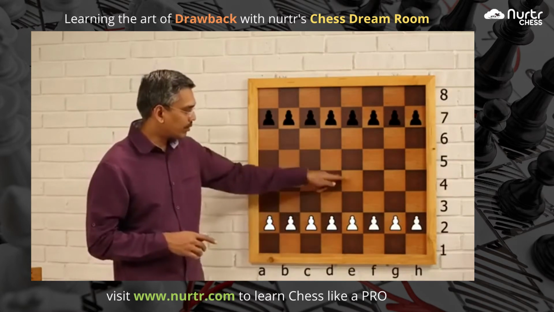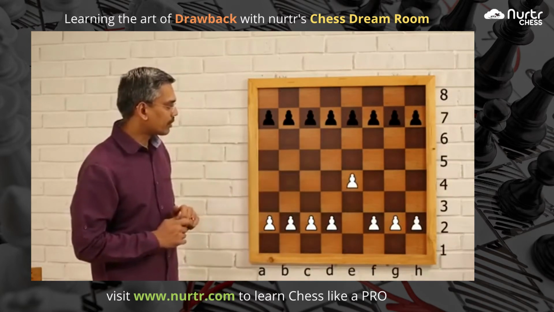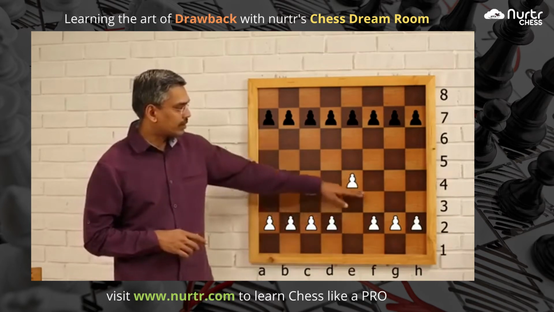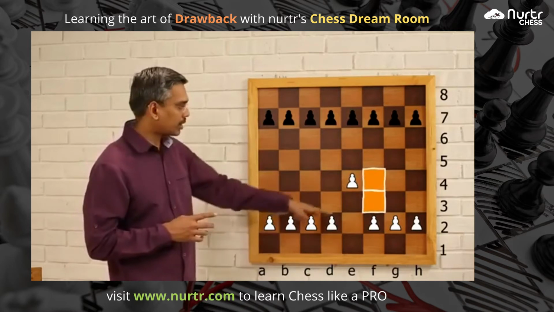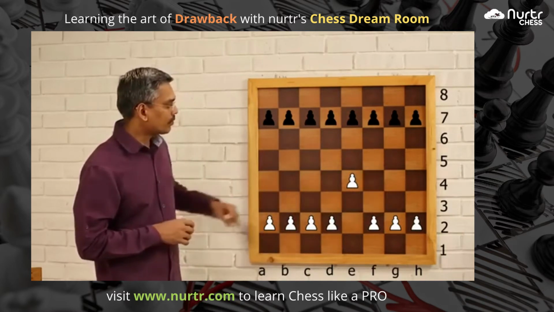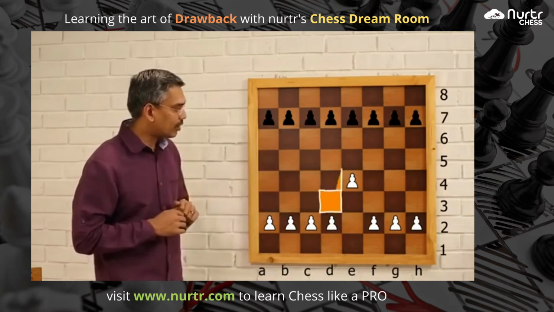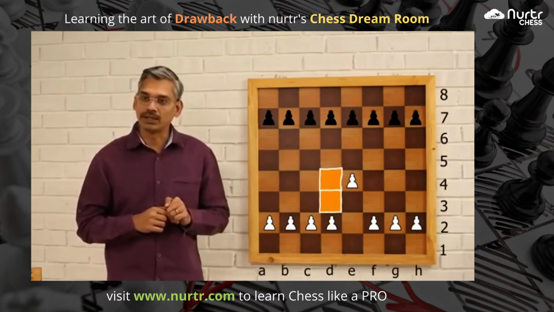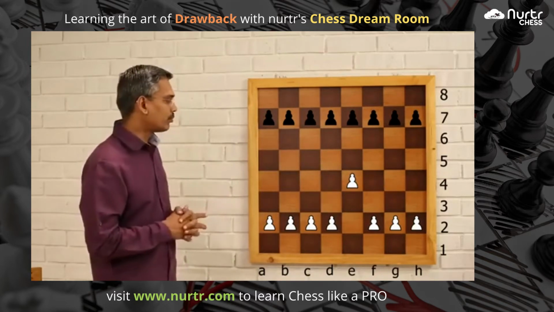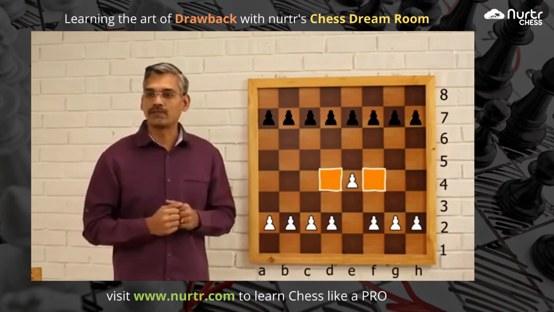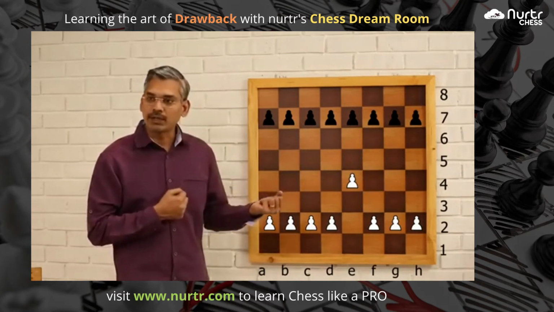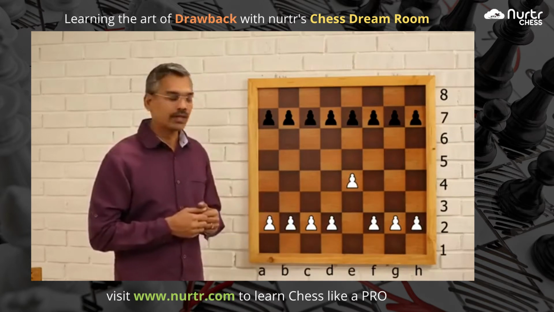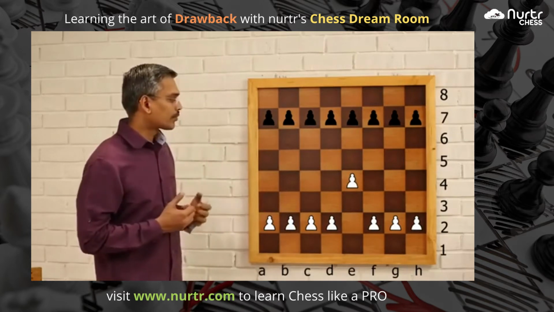Now let's say I play the move e4. Now which are the squares that have become weak? The squares f3 and f4, they have become 50% weak because the pawn cannot control those squares anymore. Not only that, the squares d3 and d4, they have also become 50% weak. Okay, so any pawn move, the adjacent squares become weak. This you need to remember. And the drawback, if we can exploit those adjacent squares, then we are exploiting the drawback of the pawn move.